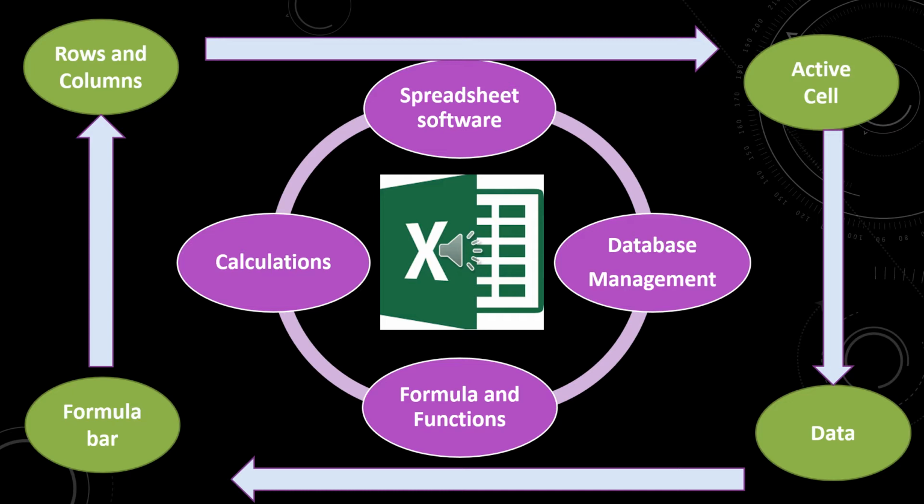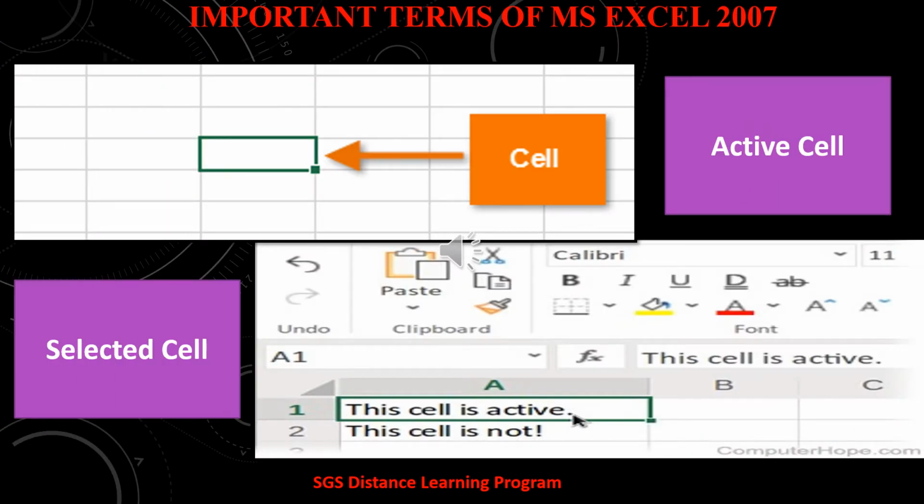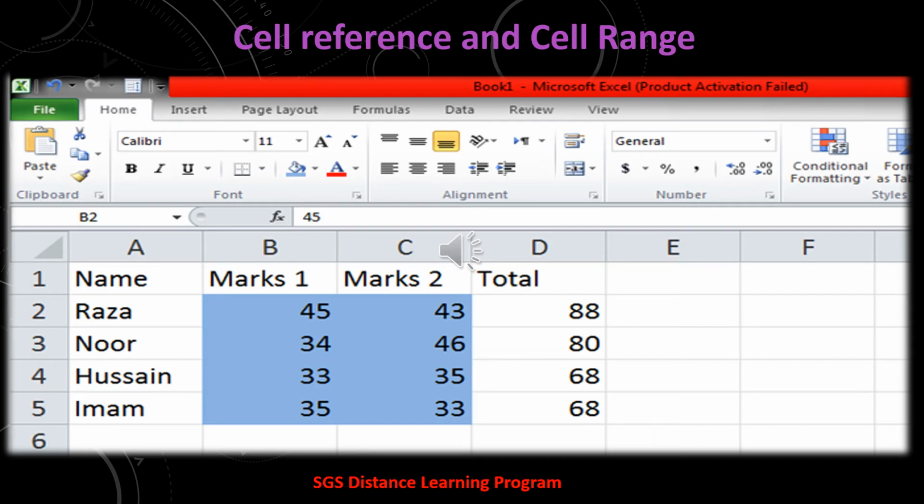Active cell, cell reference, formula bar, cell pointer are some important terms of Microsoft Excel. The current cell, or the cell which we select to enter our data, is called an active cell. Whenever we select the cells, entire row or entire column in sequence or in continuation, it is called a cell range. The address of a cell can be defined as cell reference. When we combine the row and the column label, which is indicated with letters and numbers like B2, A1, all these are called cell reference.